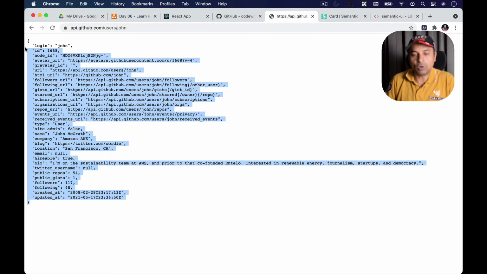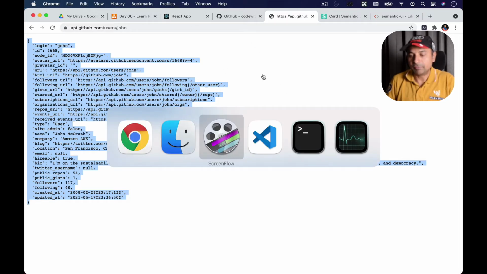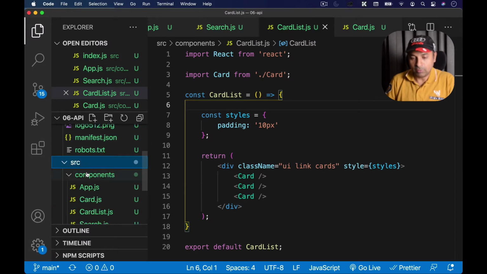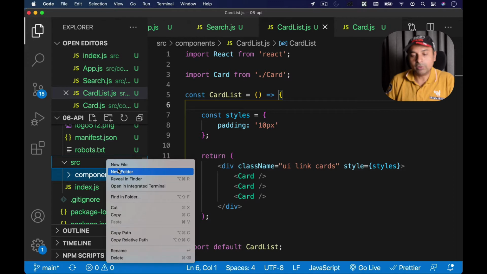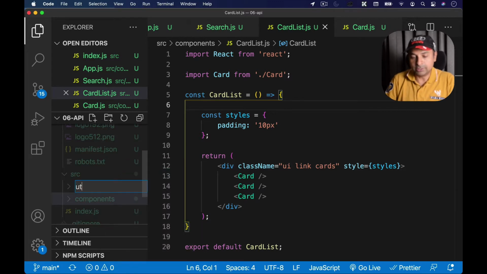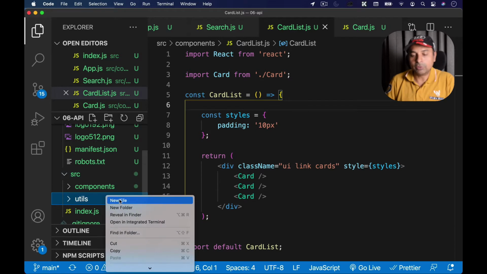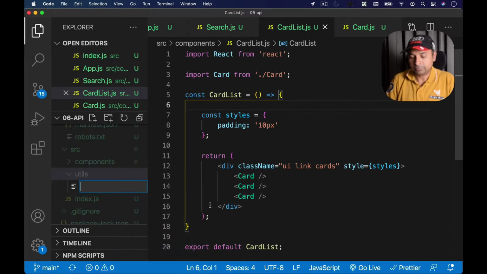So I'm going to copy and paste all of this JSON, and I'm going to have my mock data created inside my application. If I go back to my code, I'm going to create one more folder where I'm going to create my mock data. So I'm going to create a new folder called utils. And inside that utils, I'm going to create a new file called,